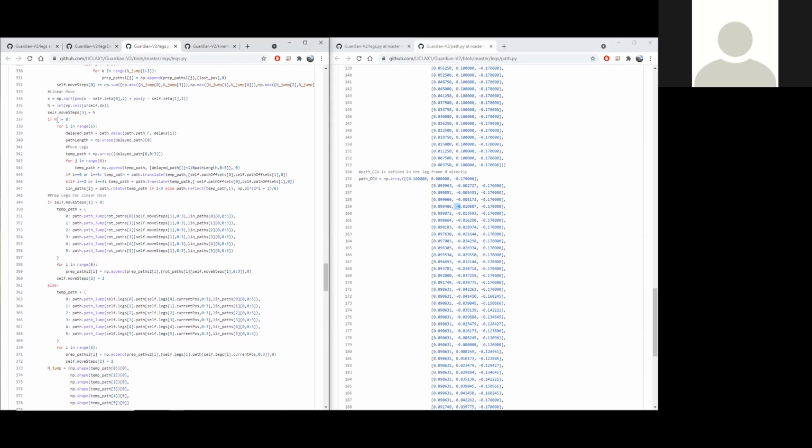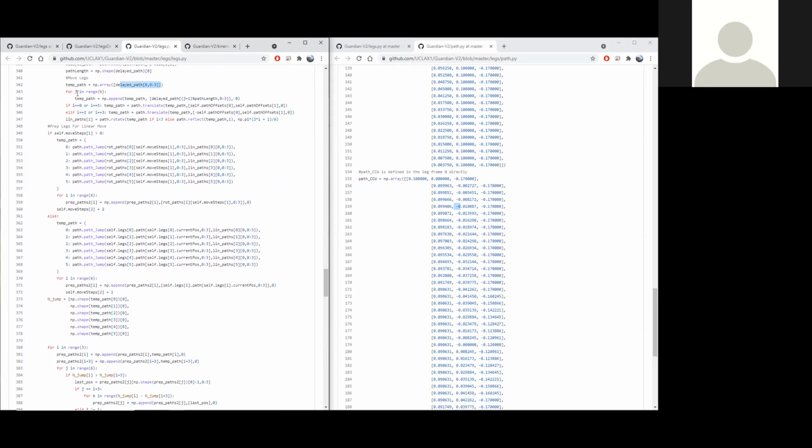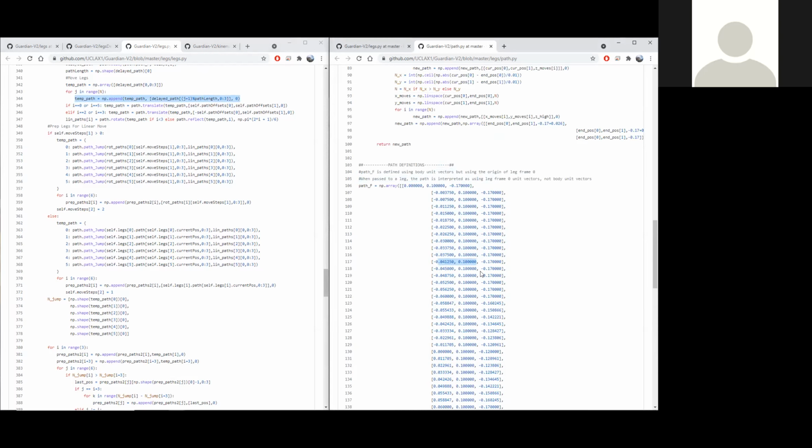And then once again, if my N is not equal to 0, for I in range 6, delay the path, figure out how long the path is, take the first element of the path, and then for however long I need, add on consecutive rows of my path. Cool? Make sense? So the only tricky thing with the linear move, which is just inherent to